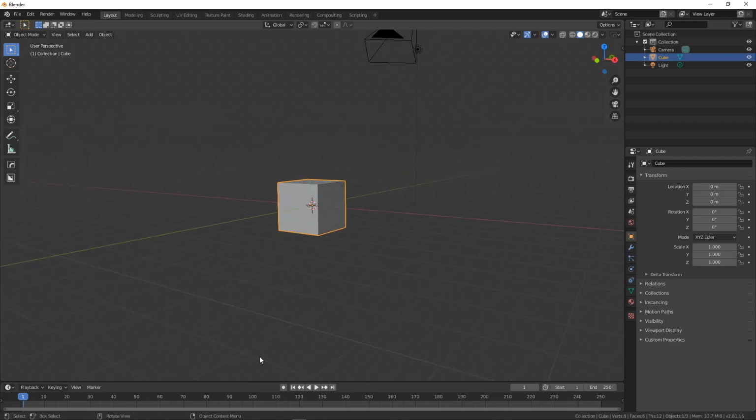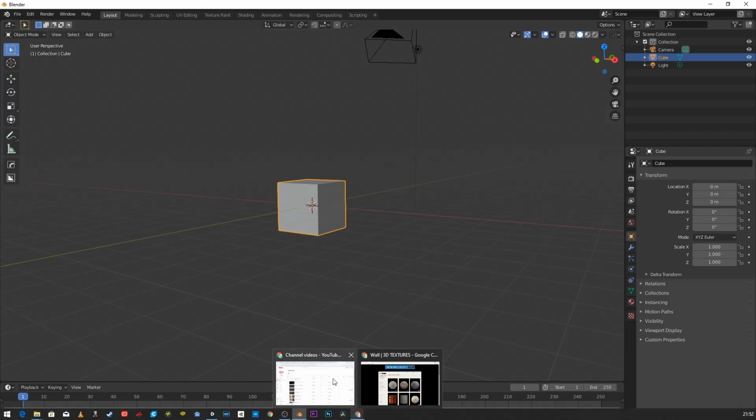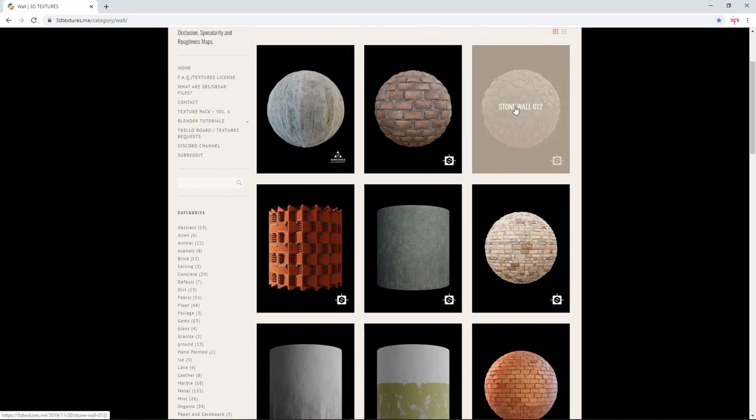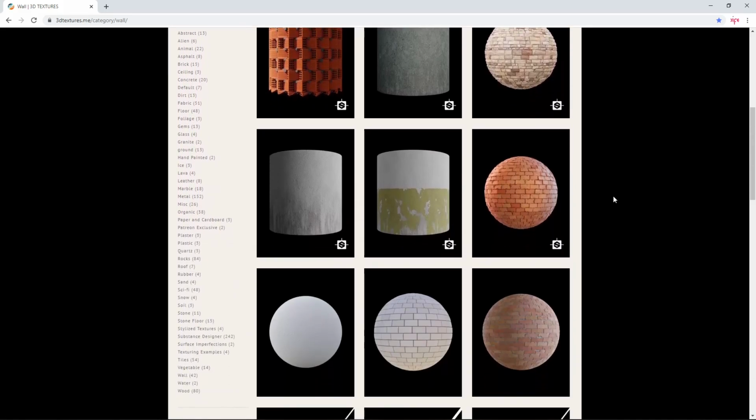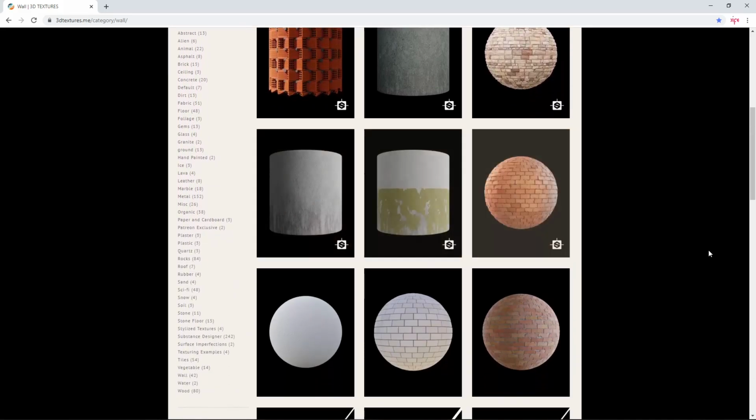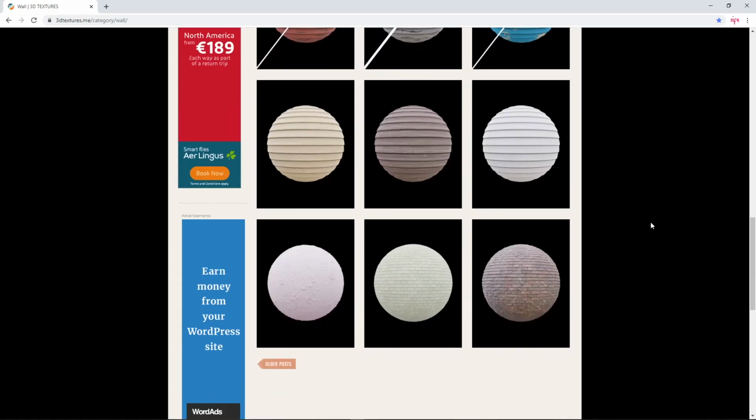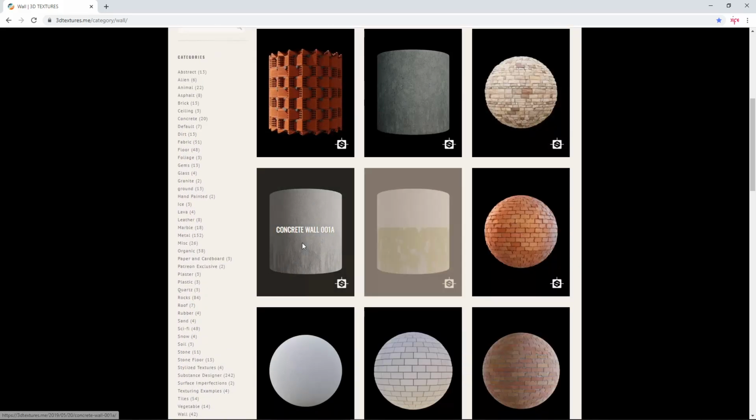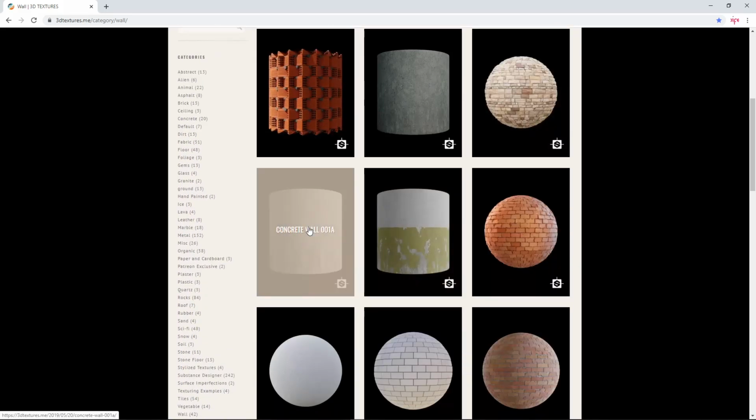So we're going to first of all go get some textures before we do any of that. So we'll select this guy here. So we've got a whole bunch of 3D textures we can use. So we've got stone wall, concrete wall, and a whole bunch of stuff here. So let's just pick one of these. So let's just take this one here. So concrete wall,